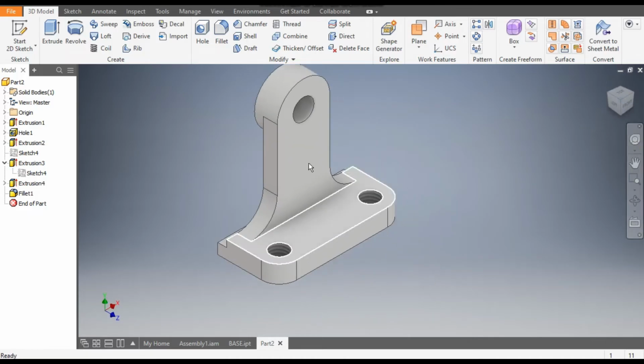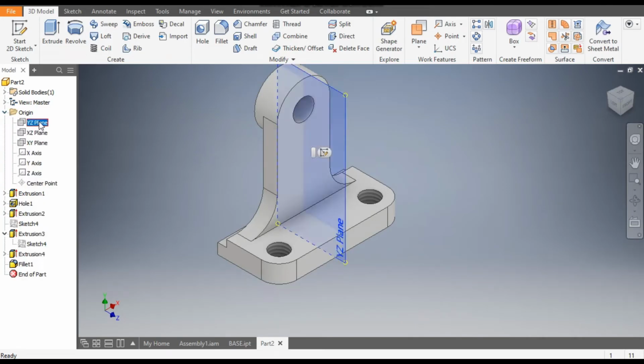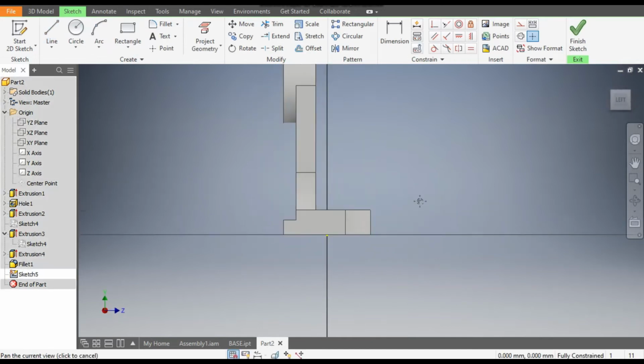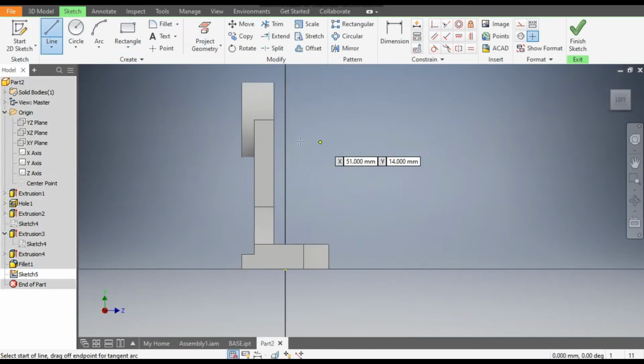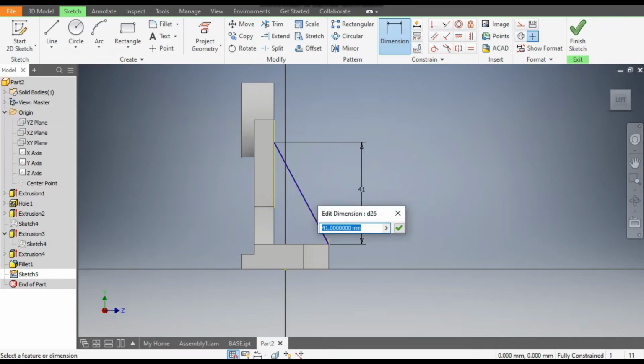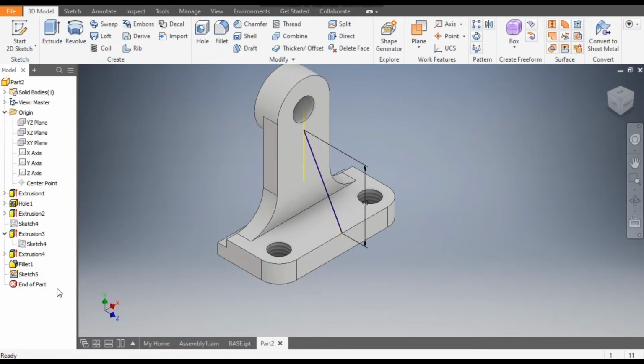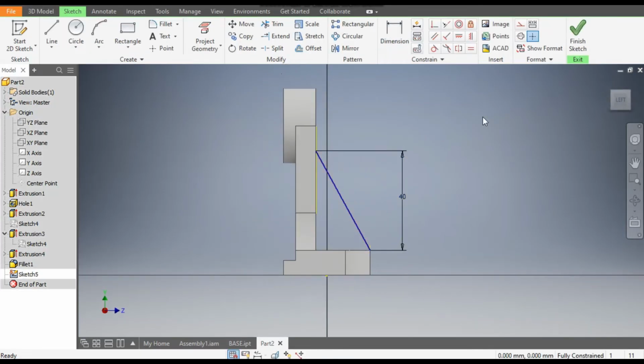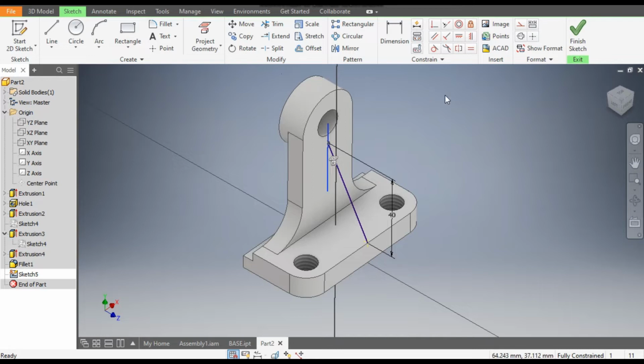Now we will make a rib over here. For that go to origin and select YZ plane and create sketch. Go to line command and make a line over here and touch here at the end point, the green point, and escape. Go to dimensions, select this line, take a vertical dimension of 40 mm. Okay, now finish sketch. Make this yellow line a construction geometry. Okay, now finish sketch